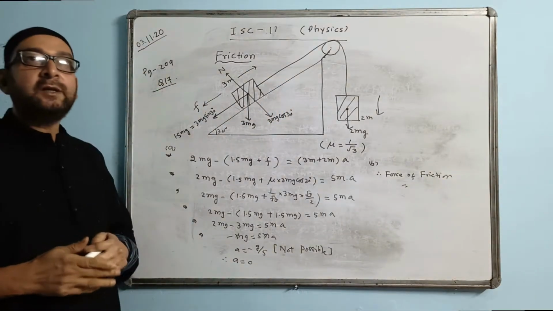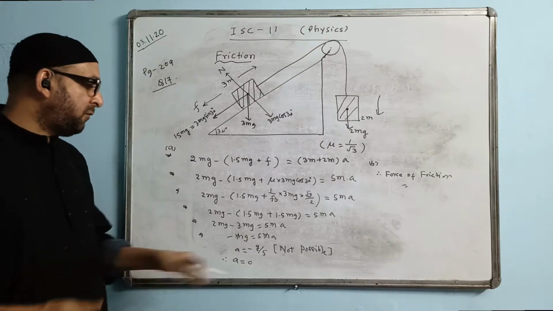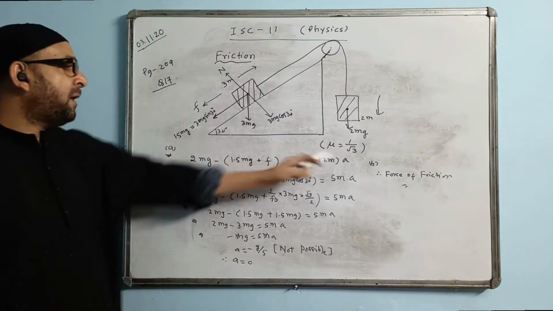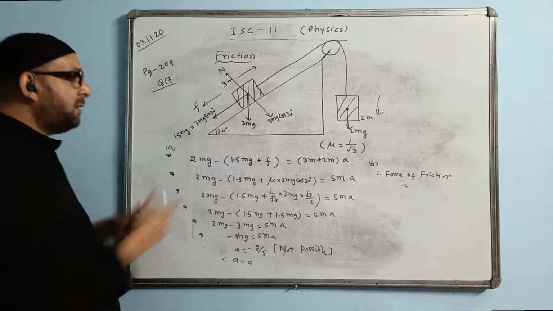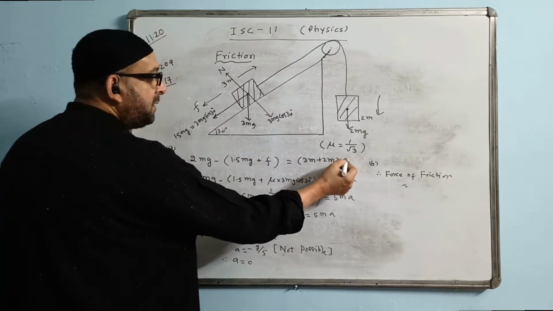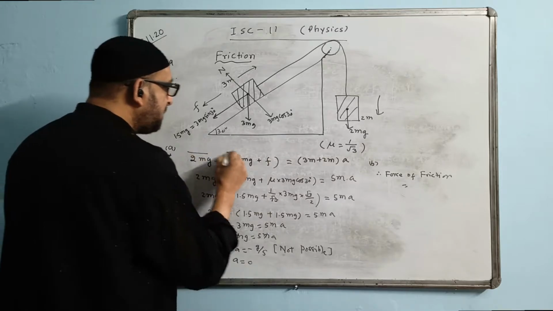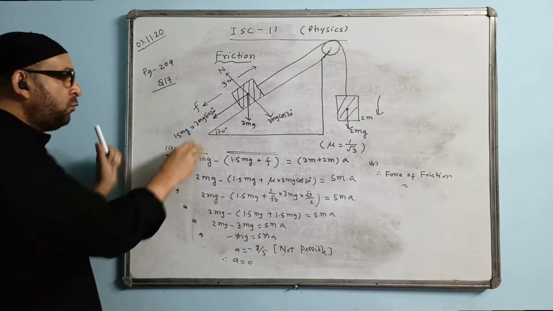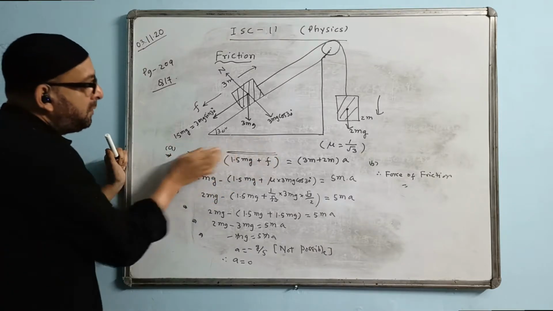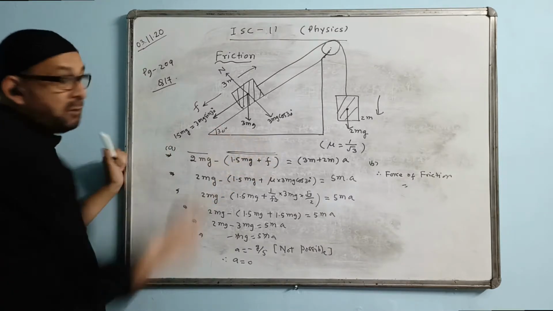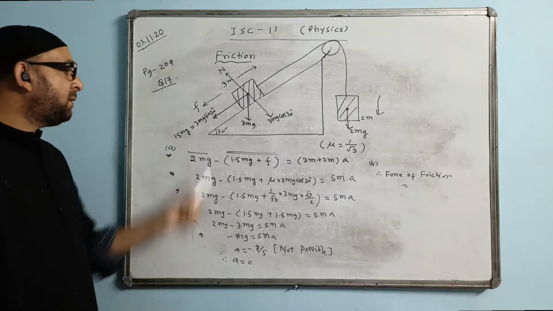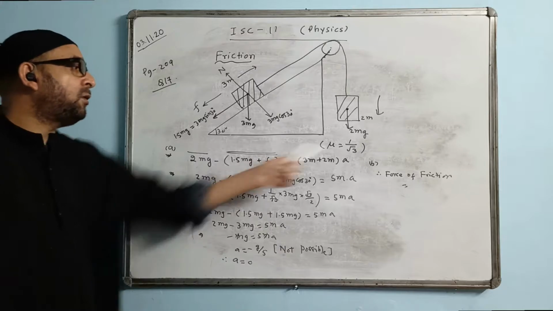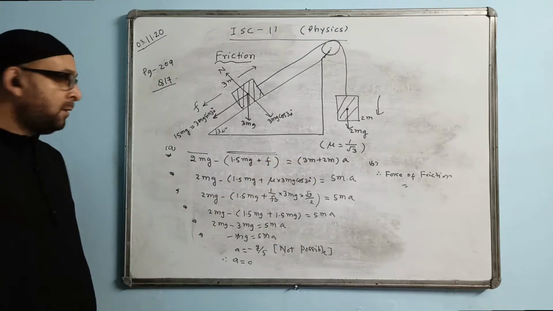to find the force of friction we will go back to the first equation, first line. How can we have the value of A equal to 0 in this equation? The value of A will be 0 only when this quantity and this entire quantity are equal. This entire thing value is 2 mg. 2 mg minus 2 mg will give the answer 0. That is only possible when this quantity and this quantity are exactly equal. Then the value of A will become 0.